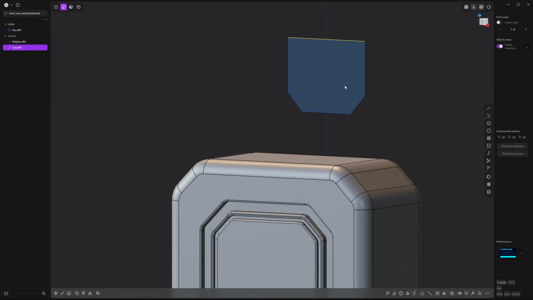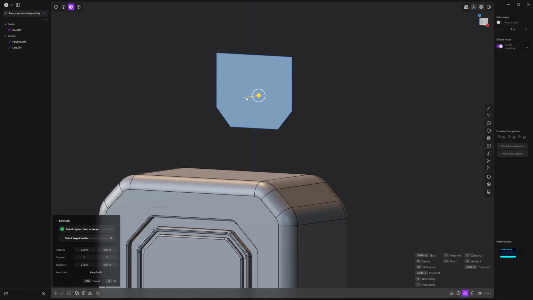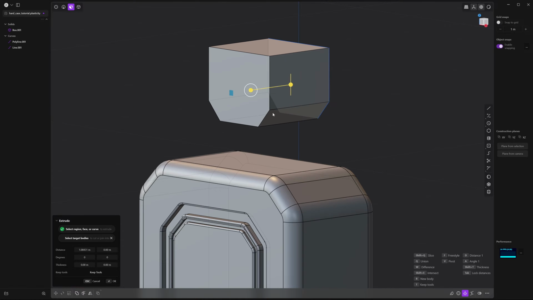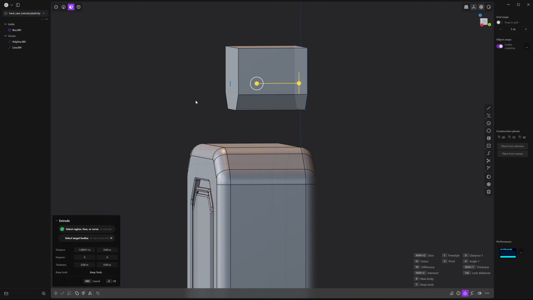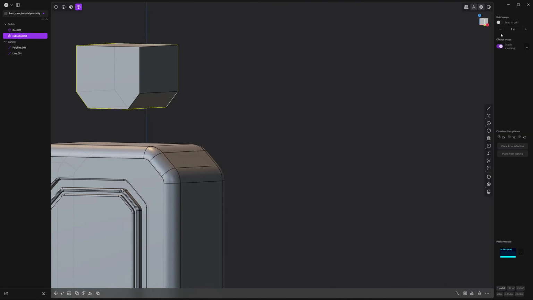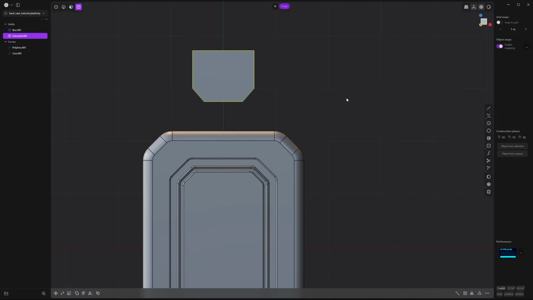Right click to accept. And now you have this light blue center, which means it's a face that you can click on in face mode by pressing 3. And then just drag this handle and you can actually get a surface or a body. And now we're going to scale that down and use that as a cutting tool. So in body mode, by pressing 4, select it and go to the front view. Press S twice to scale in screen space, and you can just use your cursor to scale.